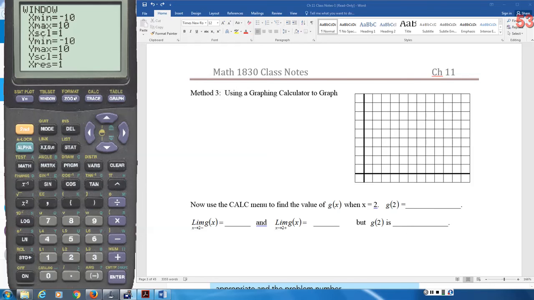So, kind of think about that in your head. But we're focusing on what happens really, really close to 2. I don't want to make the window too small, but I want to make it small enough that I can see mostly what's going on right around the point (2, 4). Okay? The calculator's got a special window. If you hit zoom and go down to number 4, which is zoom decimal,